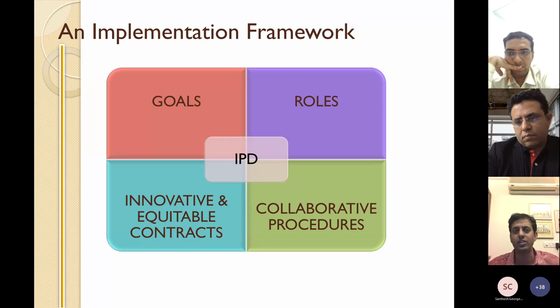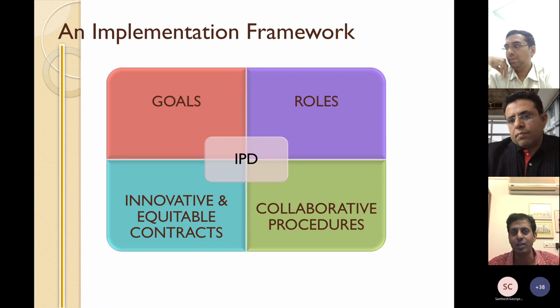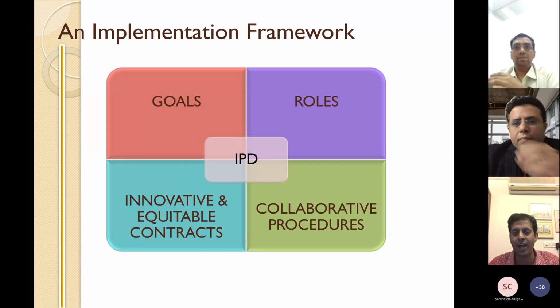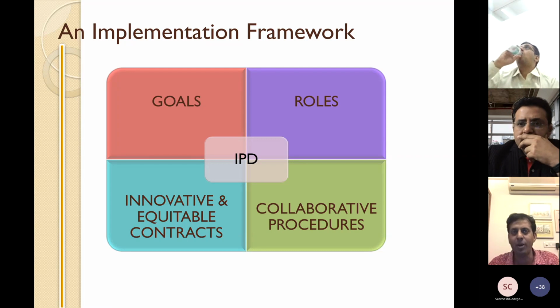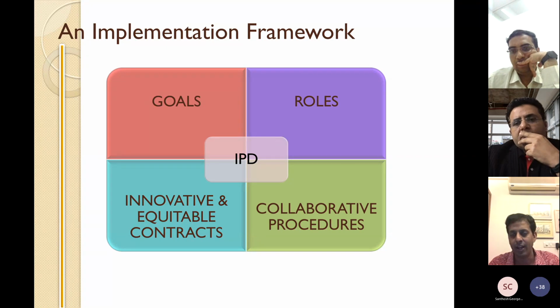Are people just going to use the CDE as a repository, checking in and checking out material as they like, or will there be collaborative meetings around a particular piece of analysis? And finally, from a contractual perspective, how do you incentivize everybody to come to the table? Because ultimately, each vendor or sub-consultant is worried more about their profitability than about bringing all of this information together. So if you don't have a clear set of goals, if you don't have a clearly identified set of roles, right?